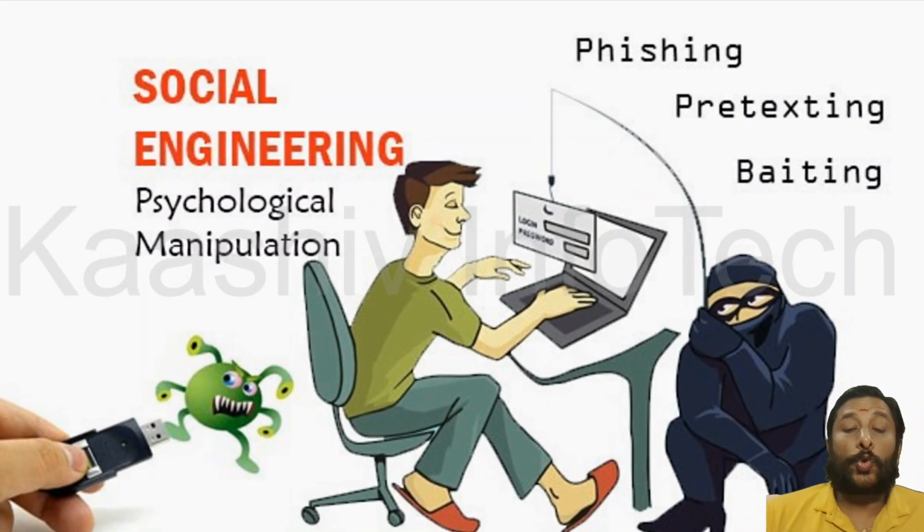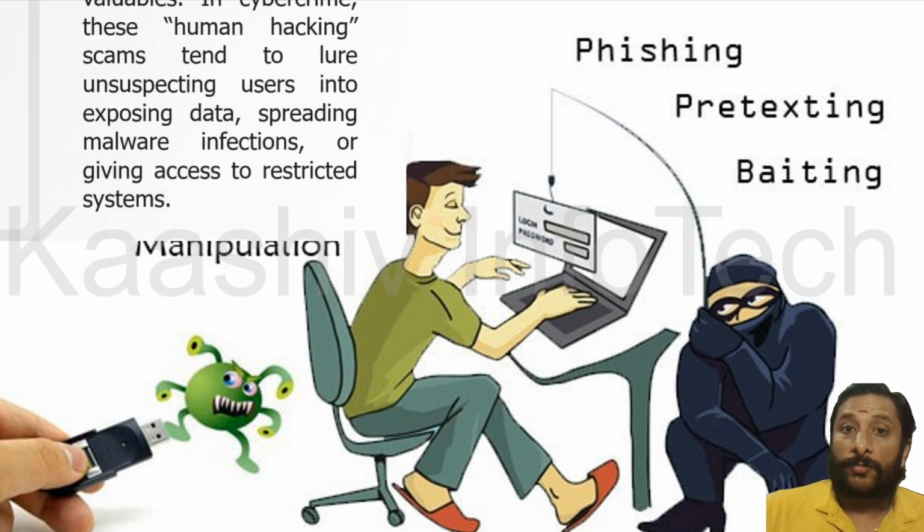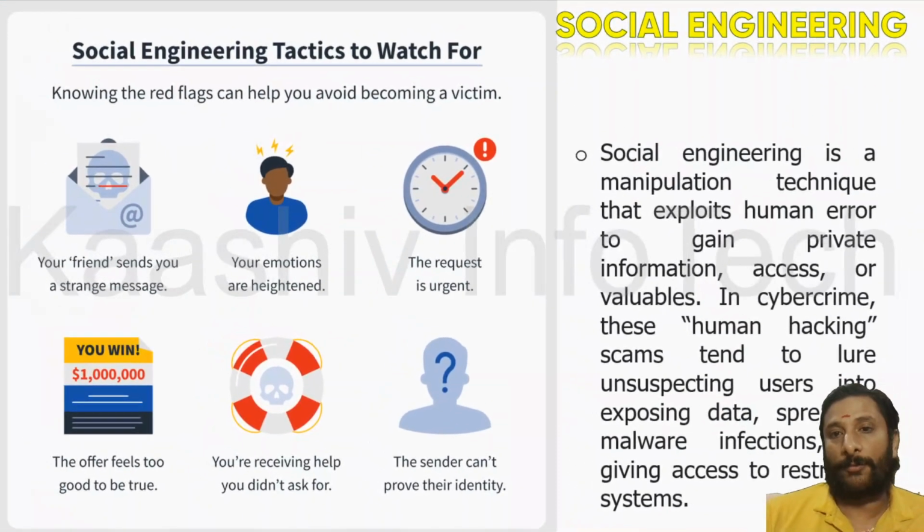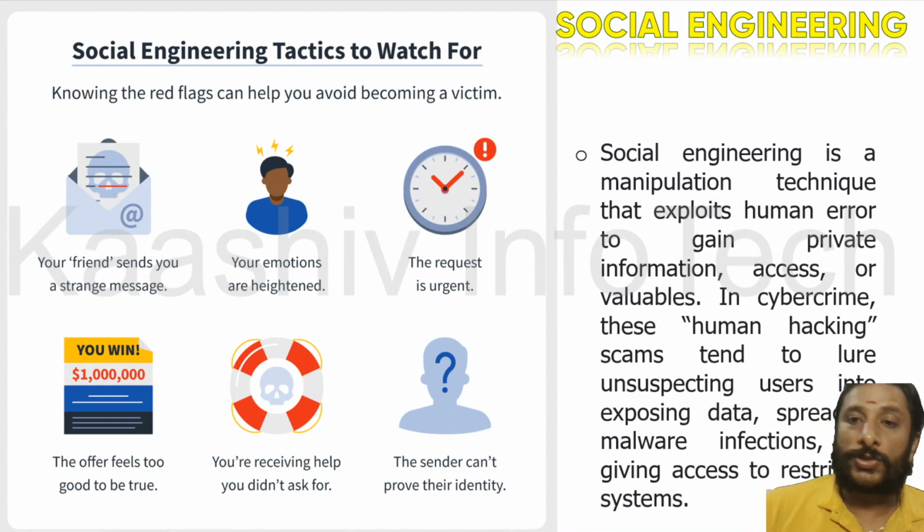The other one is social engineering. What is social engineering, sir? Social engineering is nothing but creating a duplicate page, trying to grab the username and password by sending a WhatsApp message or calling them and cheating them, or threatening you. They will try to grab the information. So this is called social engineering.